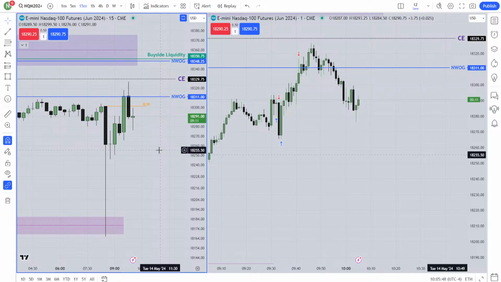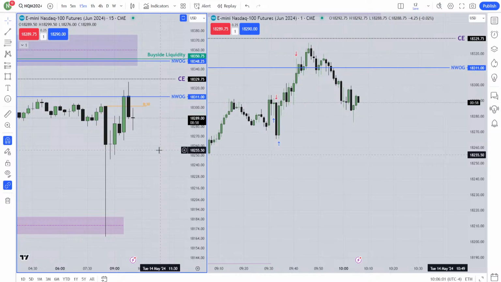320, I had a 5-minute travel gap and price reached there and rejected. The new week opening gap is not from last Friday or Sunday. It's from 1 month ago. That gap is from 1 month ago, I guess from 7th of April. I will keep that until the 5th week. Then I will remove it. So this week is gonna be the last week for that new week opening gap. Then I'm gonna remove it.